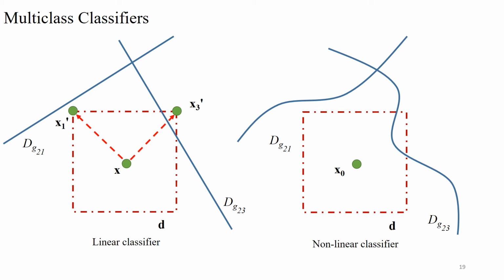Since G21 evaluates to a smaller value than G23 for x0, we consider it more likely to go across the decision boundary of G21. Therefore, in the first iteration, DeepSearch attacks G21. By treating G21 as linear, DeepSearch generates x1. Observe that x1 is not adversarial. In the second iteration, assume that G21 x1 is greater than G23 x1, DeepSearch attacks G23. By treating G23 as linear, DeepSearch generates x2, which is an adversarial example for both G23 and the multiclass classifier.